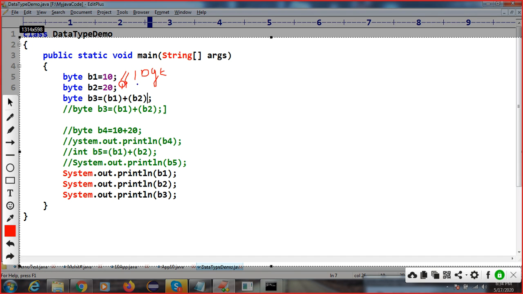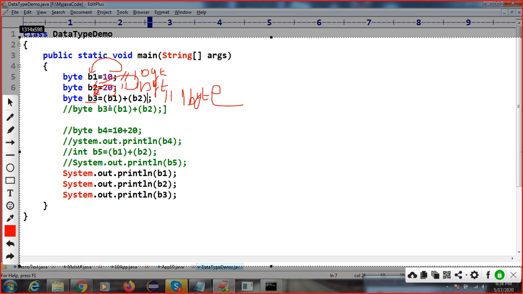This is also 1 byte. So here B1 has 1 byte, B2 has 1 byte, and B3 also has only 1 byte, right?